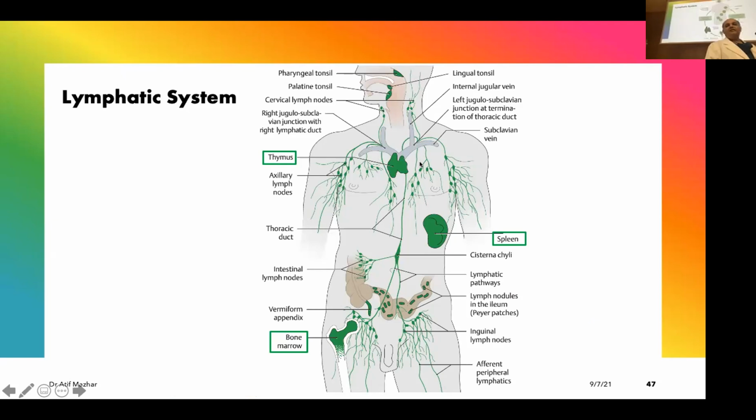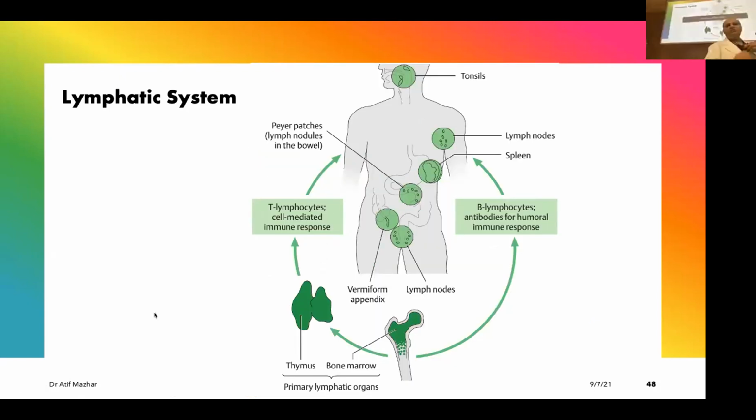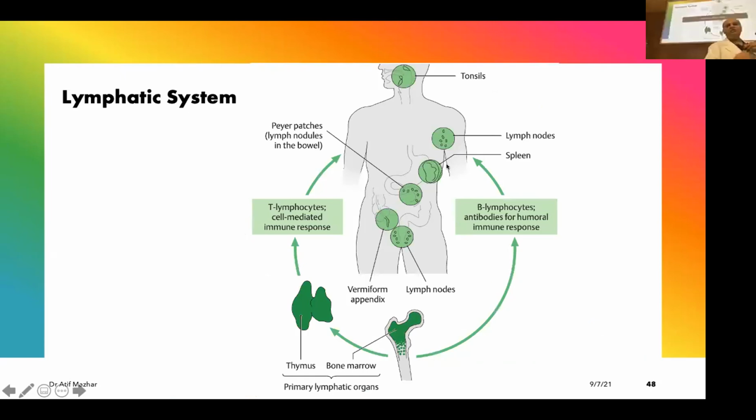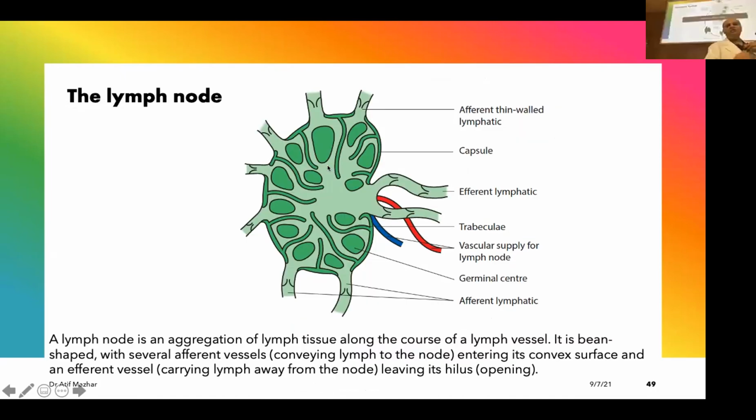You can see the lymphoid organs. Your tonsils are lymphoid organs. Within your intestine, you have lymphoid Peyer's patches. So there are so many things, and all of those are lymphoid. You can see their location; they are located in different parts of the human body. And this image is showing you a broad picture of a lymph node. A lymph node is a small unit, and ultimately this lymph goes and is finalized. When it's cleared, it is poured back into the venous system. Are we good so far?